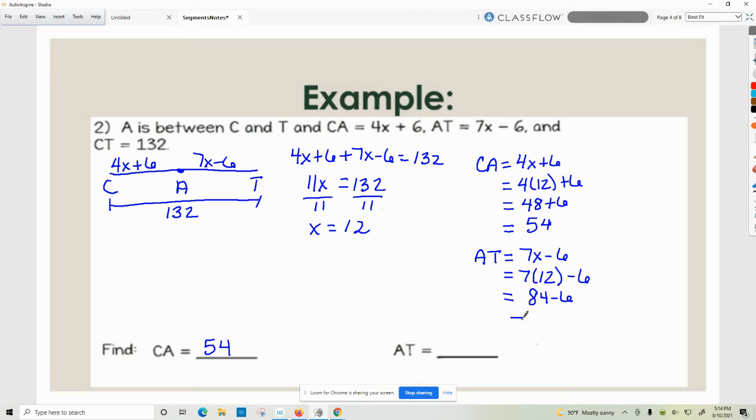So my length of A to T will be 78. And that is using that segment addition to be able to find the length